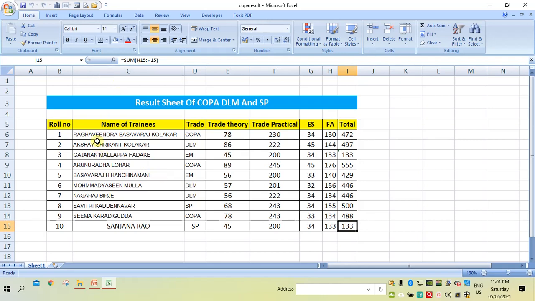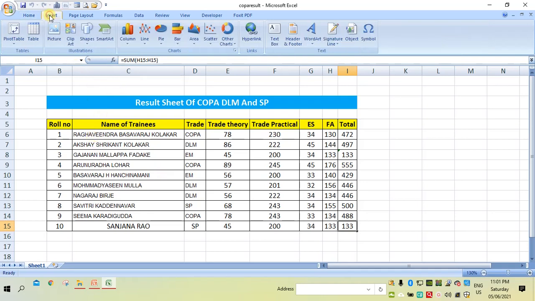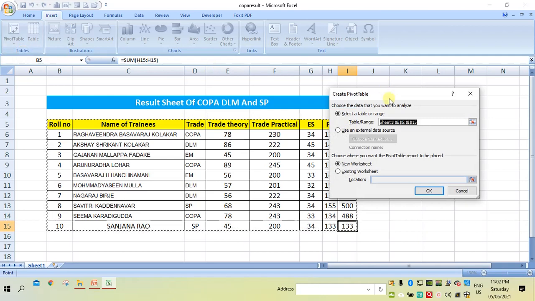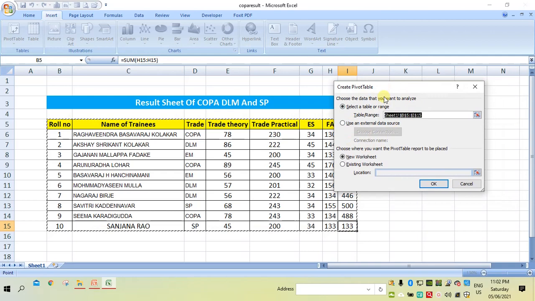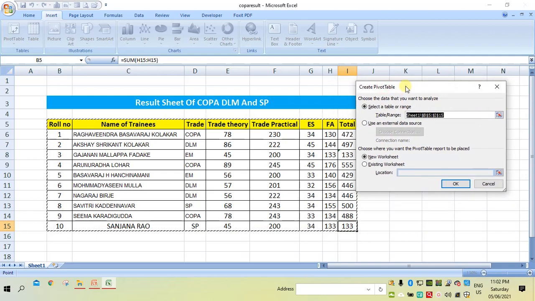So to insert a pivot table, go to the Insert tab, and then click Pivot Table. Now it is giving one dialog box. In this dialog box it is asking for the range of data on which you want to create a pivot table.